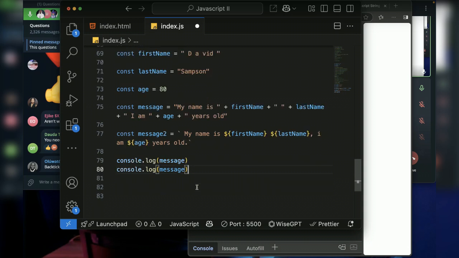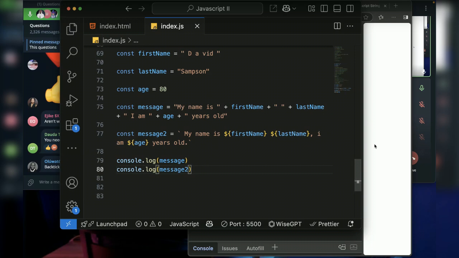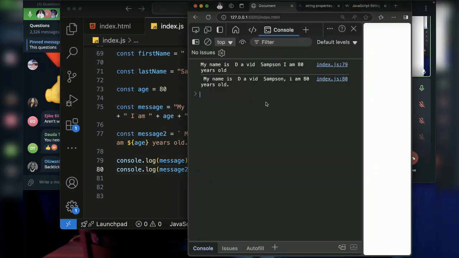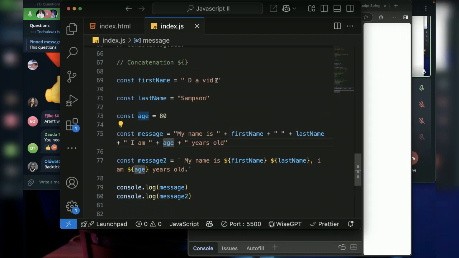Save this. If I come here, the same thing I'm saying here, my name is David Sampson, I am 80 years old. The same thing. If I come here and change to maybe Sarah and save it,